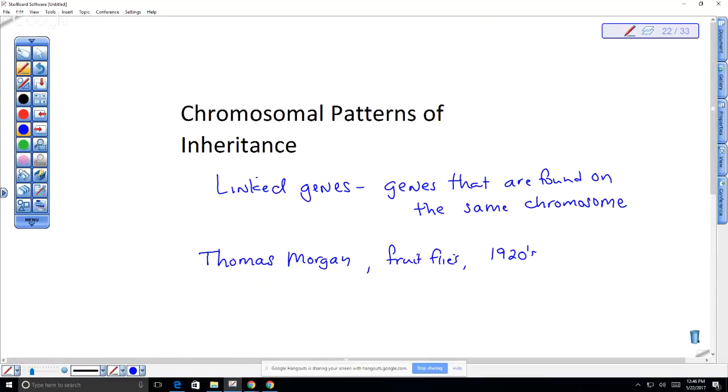Now, you can also, really interestingly, cause mutations to occur. Fruit flies have been subjected to things that cause mutations, like X-rays. Early on, they just subjected fruit flies to X-rays and then looked at what mutations they found, right? And then they started playing with crossing individuals with different mutations. An example of this can be seen